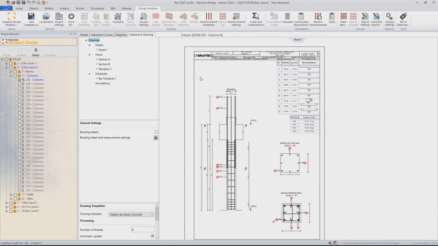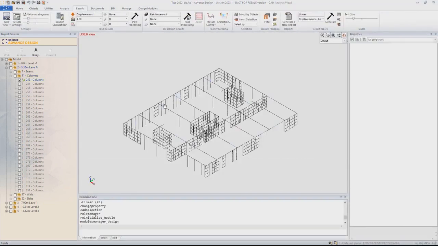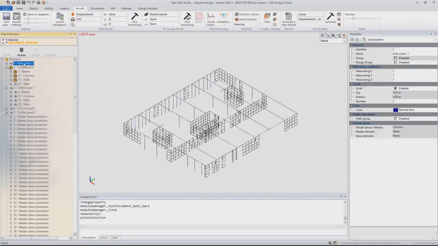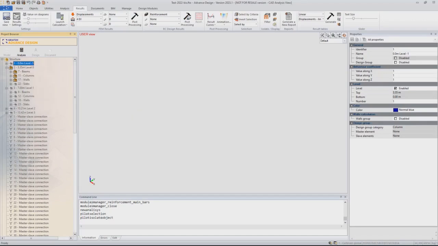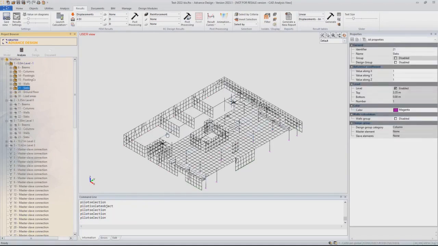Alright, so that's for a column. Now I guess we can focus on a different element, like a beam, for example. Okay, so now let's switch to a beam from a different level. Let's pick this one, and we will check